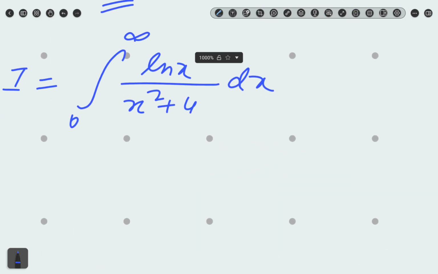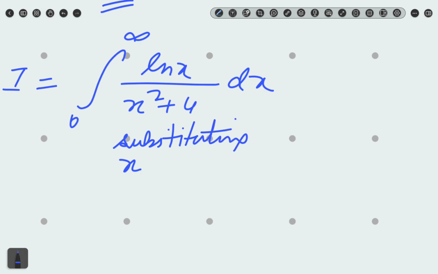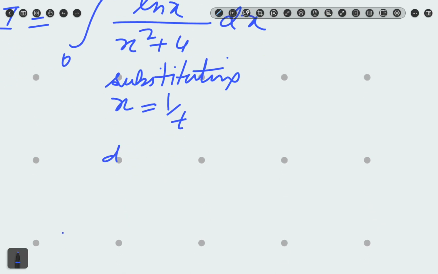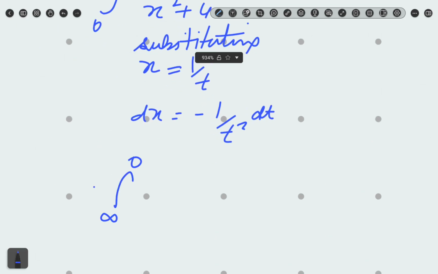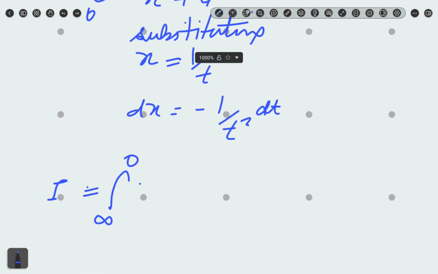So we are doing substitution, x equals 1 by t, so dx becomes minus 1 by t square dt. This becomes infinity to 0, we know we have to change the limits, and this becomes minus of ln t by the properties of logarithm,